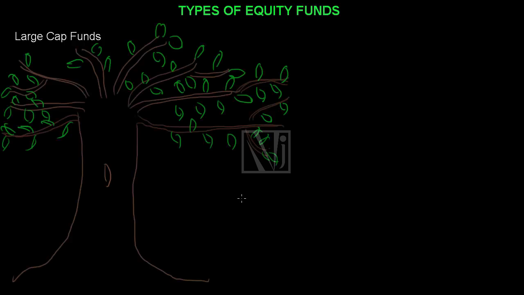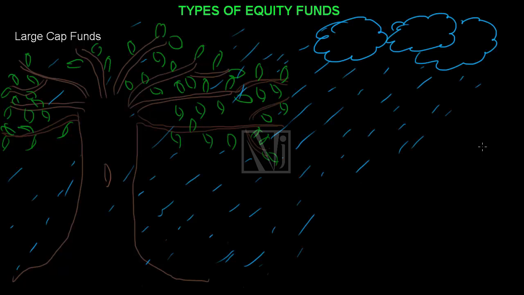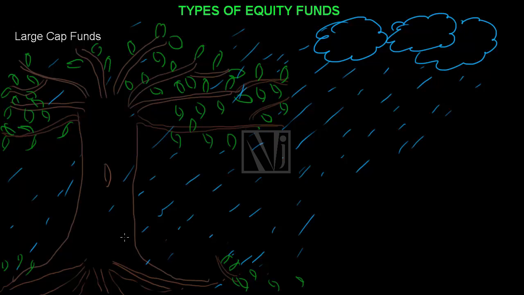Large caps are like these big gigantic trees like the peepal tree or the banyan tree. Storms and heavy showers don't even bring the slightest damage upon these trees, when really bad weather can wither away a few leaves and tiny branches. This is because these trees have very strong roots. They are fundamentally strong and are hence stable. Similar are the large cap stocks.